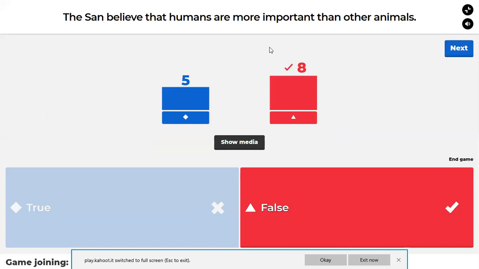The San believed that humans are more important than animals. The answer is false. They believe that animals are also equally important as humans. Okay.